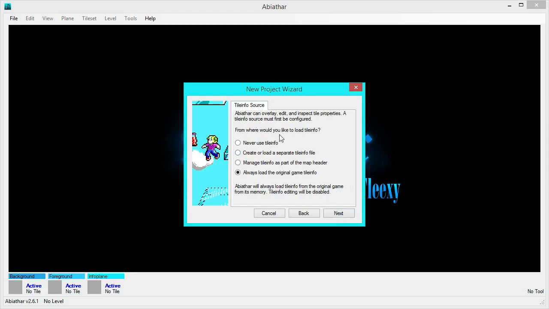So, here we have 4 options. Obviously, I can count. Since we are doing original game load defaults, we're going to choose always load the original game tile info here. And this is different from create or load a separate tile info file in that if you select this,